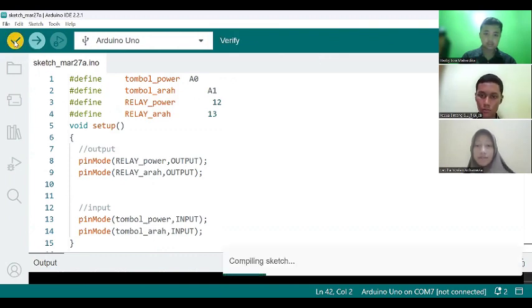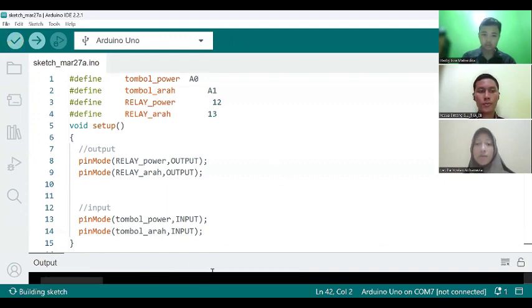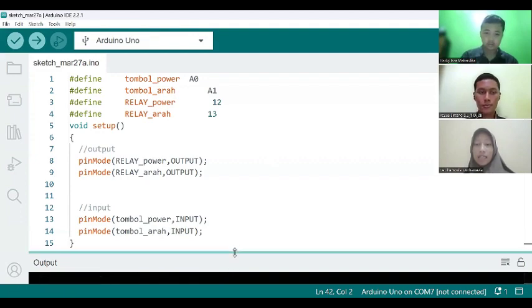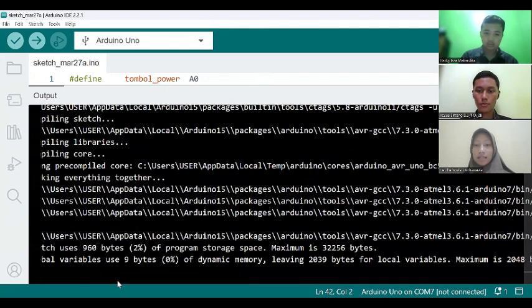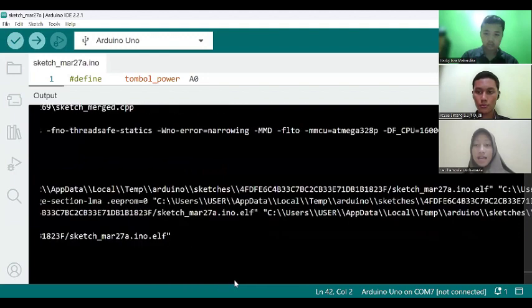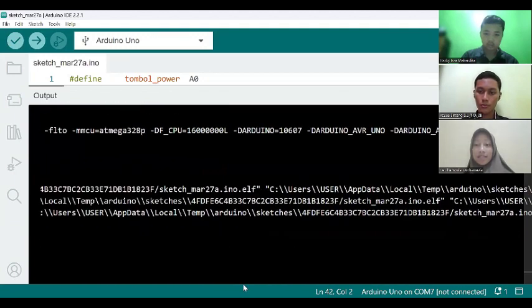The first step is to create an integer format. This integer format is used to store the pin value in the Proteus software. For the setup, this section of code along with the declaration section is run only once. We will use it to determine the output and input pins, so the Arduino understands which pin will feed data and which pin will be used to read data.